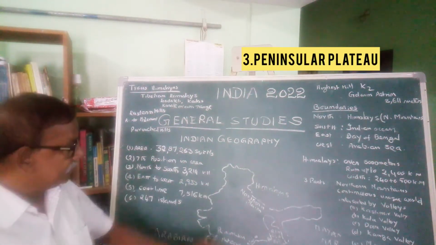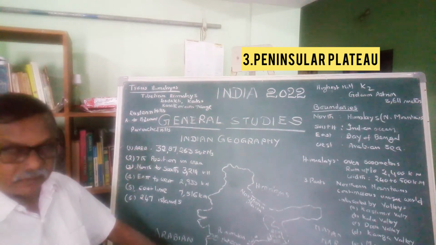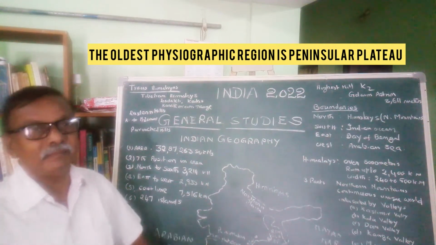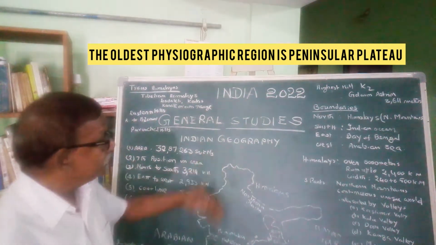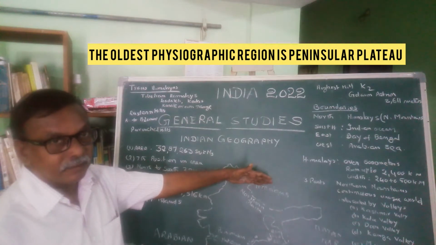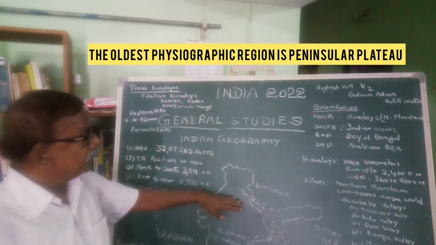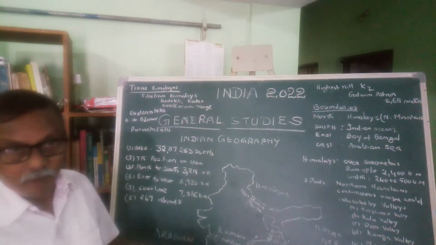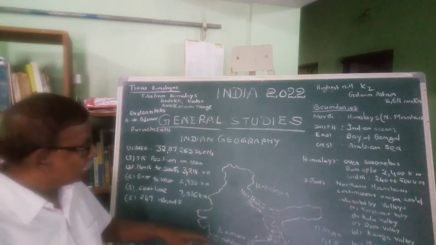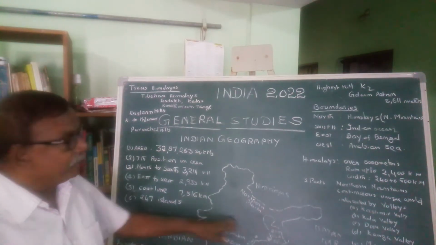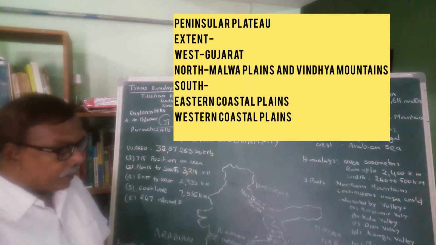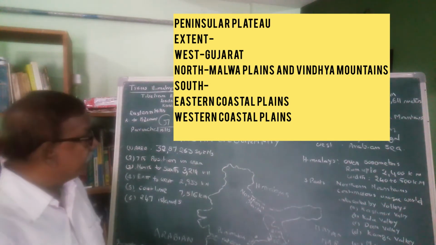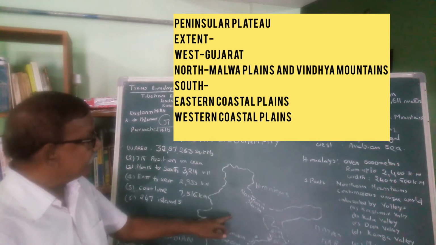And the next comes the Peninsular Plain. This is the oldest physiographic plain when compared to the Himalayas and the physiographic division of northern plains. Valleys, rivers, and slopes run in this Peninsular Plateau. The Peninsular Plateau starts at the Gujarat region and